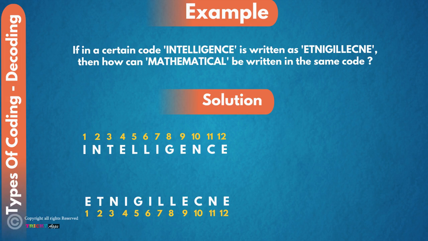Here, 4 and 4 breakage will work on this question. Here, first letter is relating to fourth position, second letter is relating to third position, third letter is relating to second position, fourth letter is relating to first position. In second part, fifth letter is relating to 8th position, sixth letter is relating to 7th position, seventh letter is relating to 6th position, eighth letter is relating to 5th position.